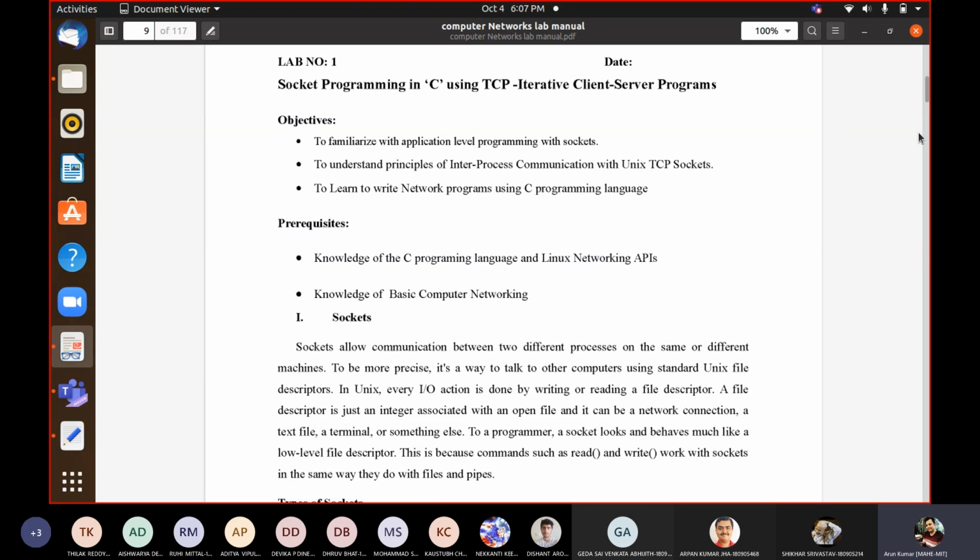That is the background of sockets. For our programming we will go with the concept that two processes reside on two different hosts, because we are dealing with a network. It's a distributed system, where one host operates one process and another host operates another process, and those two processes want to communicate.